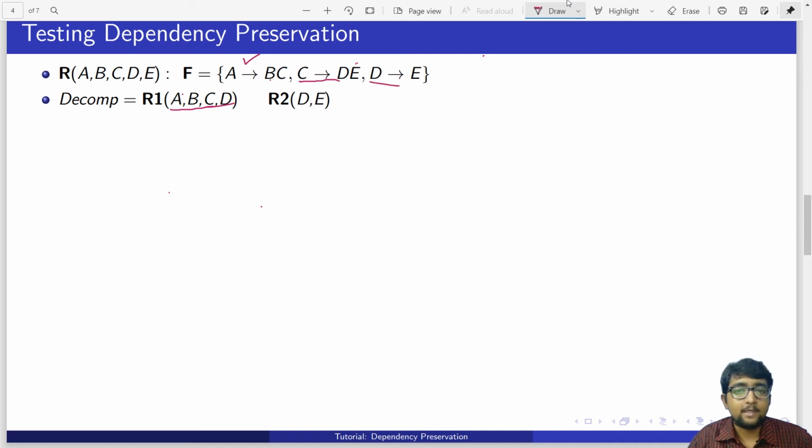But D functionally determines C again you can apply directly on R2. So basically we have to check whether the functional dependency C functionally determines E is holding or not. Other ones are holding, that we can see directly. We will check that with the same strategy as before. So our step 1 was that we will compute the closure on R1 table, F1 plus. So we decided that we will do the closure of A plus, B plus, C plus and D plus first.